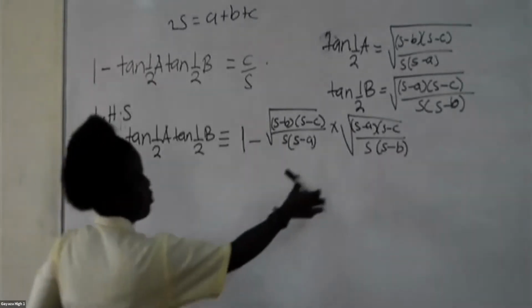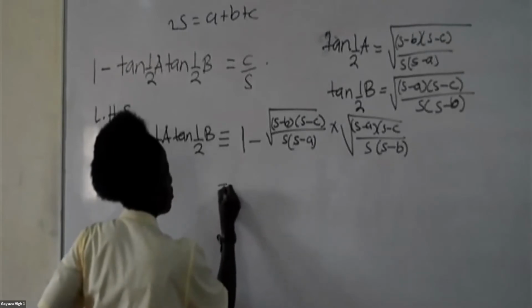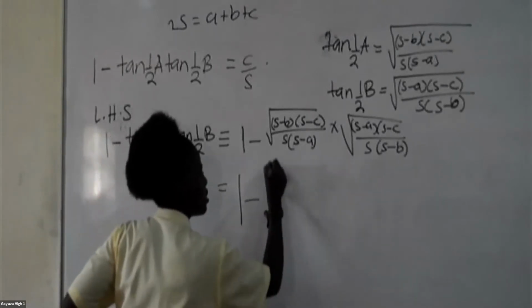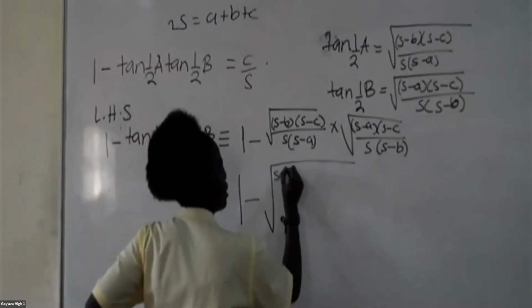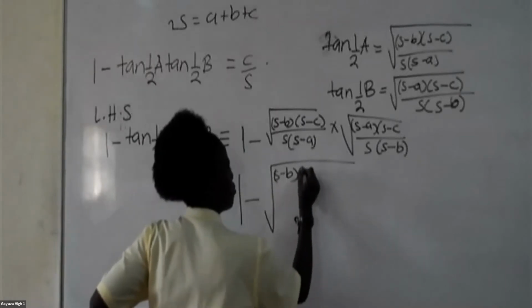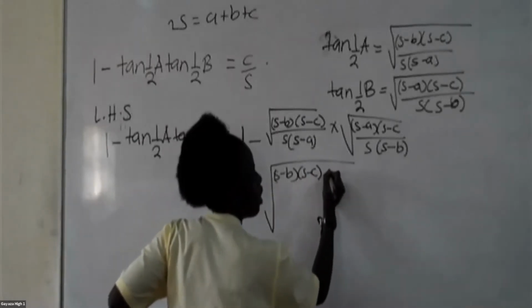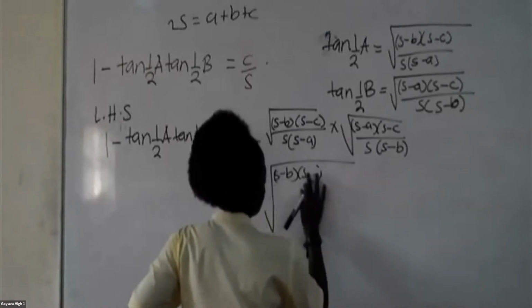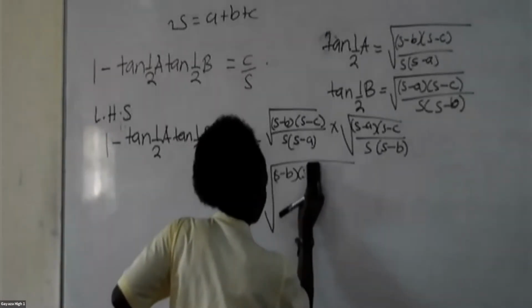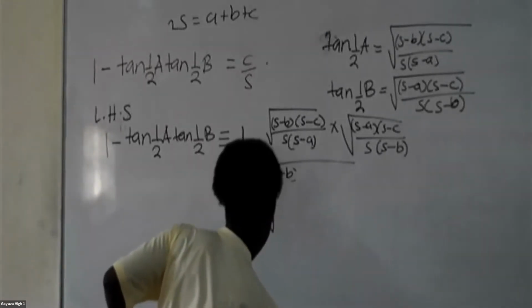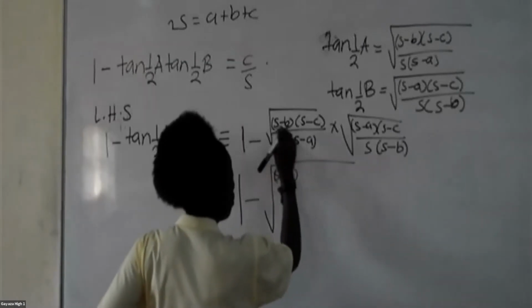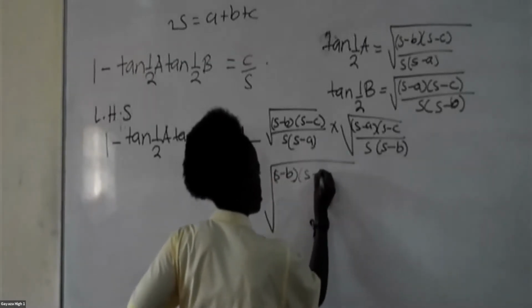So from this, I'm going to put this whole thing under 1 square root. So I have 1 minus s minus b into s minus c,